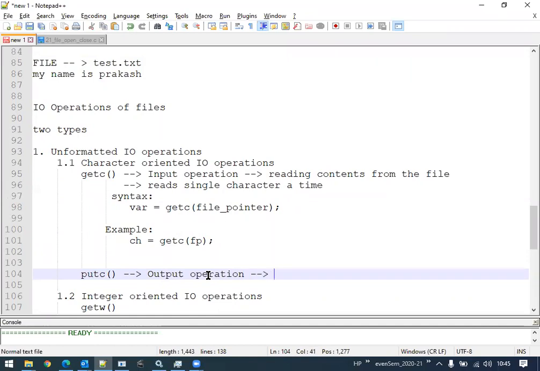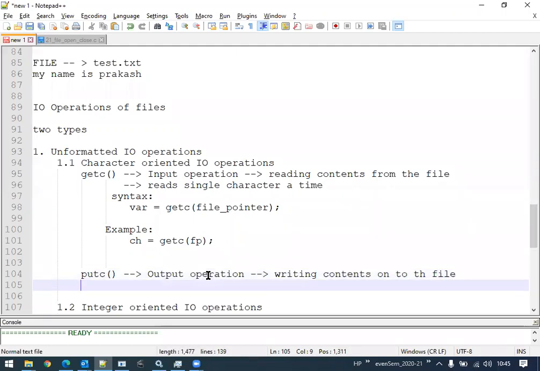Output operation means writing contents onto the file. Again, as it is character oriented, I can only write a single character at a time using the putC function.